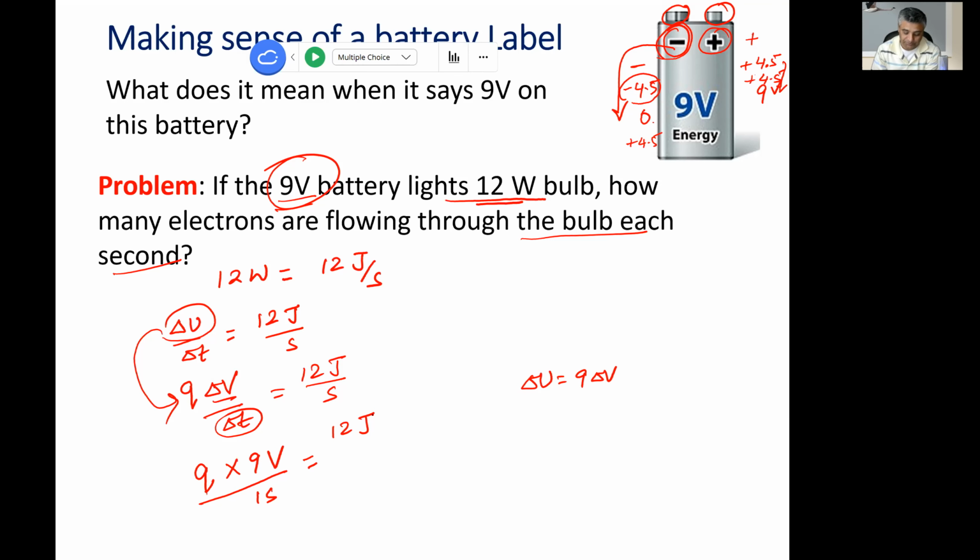Maybe not. Okay, so what do we want? It says how many electrons. So it's the electrons that are giving the charge. If there is 1 electron, we know exactly how much charge is there. Now we know the charge. If we know,